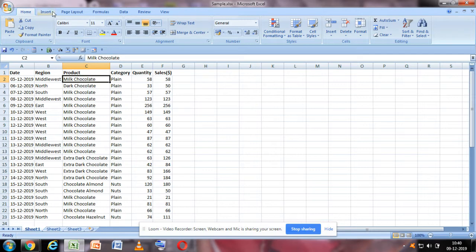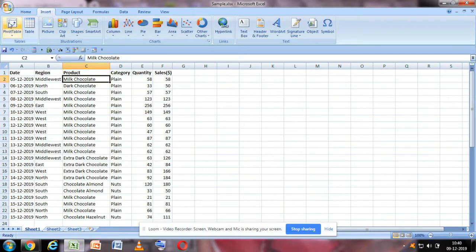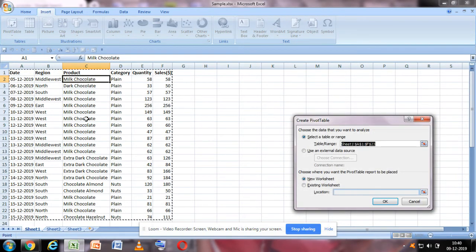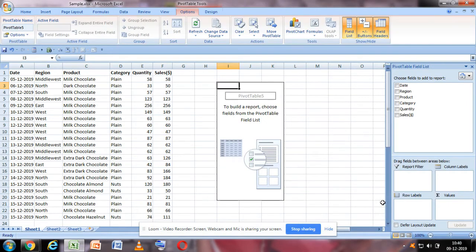To make it, I will click on the Insert and PivotTable option in the menu. Now if you see, there is a dotted line around my data which has been selected for the pivot table. And it is also asking where the pivot table has to be placed, whether in a new worksheet or an existing worksheet. I want to create the table exactly next to my data, so I click on the existing worksheet. And I'll click on the location where it has to be placed. Now you can see the empty pivot table has appeared.